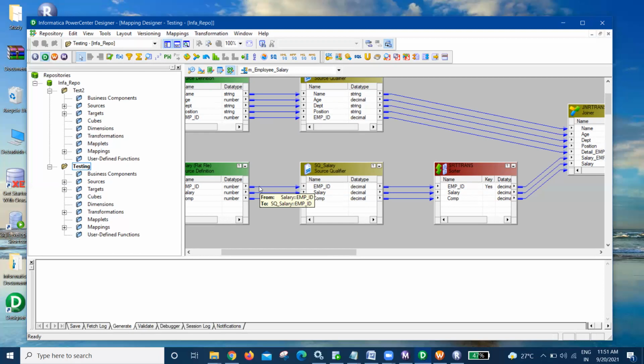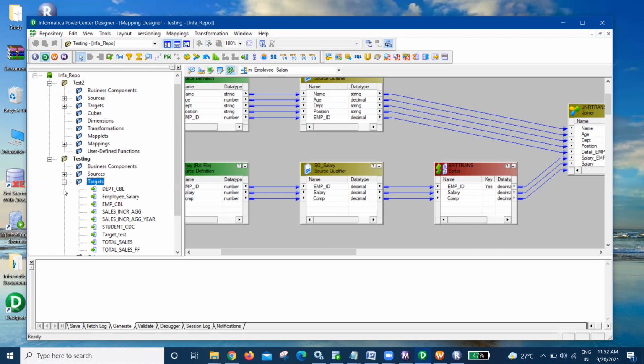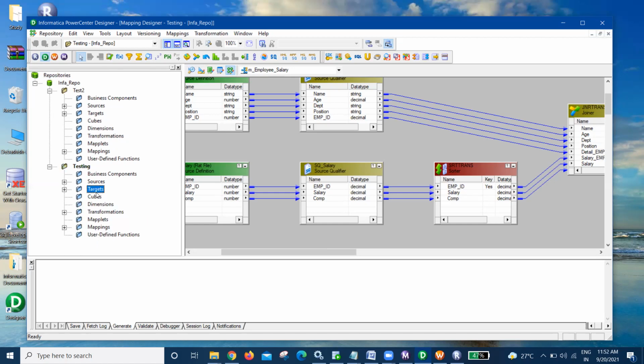So what does it mean? Don't look at the cube and dimension for now. Just look at source, target, transformation, maplet, and mapping. Once you create any sources, those sources will be shown in the source folder. Once you have created any target in the target designer and saved it, it will be shown in targets.